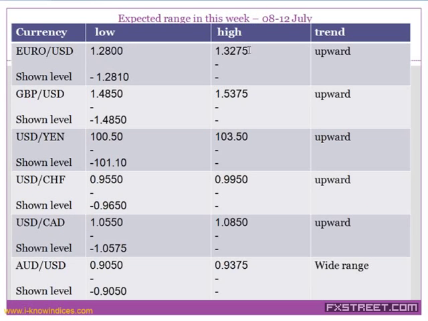And the expected range in this particular week: last week I gave 1.2950 as the expected low, but they dropped it to the 1.28 area, and 1.2810 is currently the low, and they are expected to gain the levels from these levels. And similarly in the case of GBP, 1.4850 could be the low, and they could gain the levels to 1.5375. And last week they went up to 101.50, the expected high from that of the 98.50 range, and